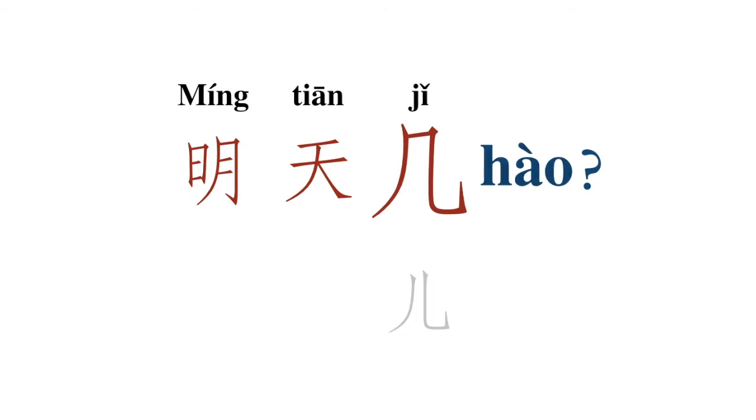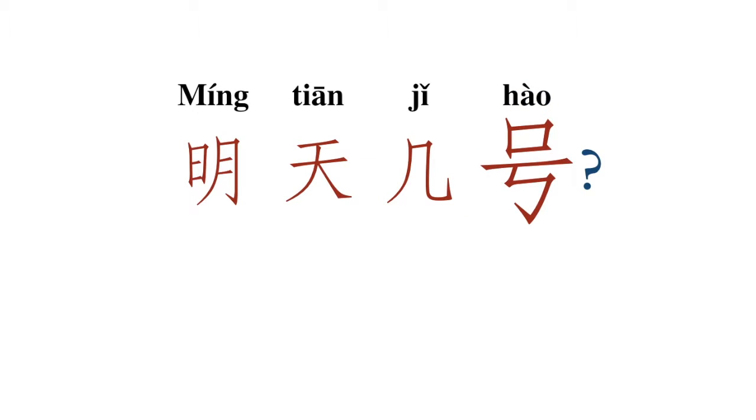And what about the last character of the sentence? This character has a mouth with a line coming out of it. It used to represent the sound of crying. Now it means number, or like in our context, day of the month. Some characters like 号 here, we can use our imagination to memorize it, or we just have to learn it by rote. No other way. Let's read the characters. 号。